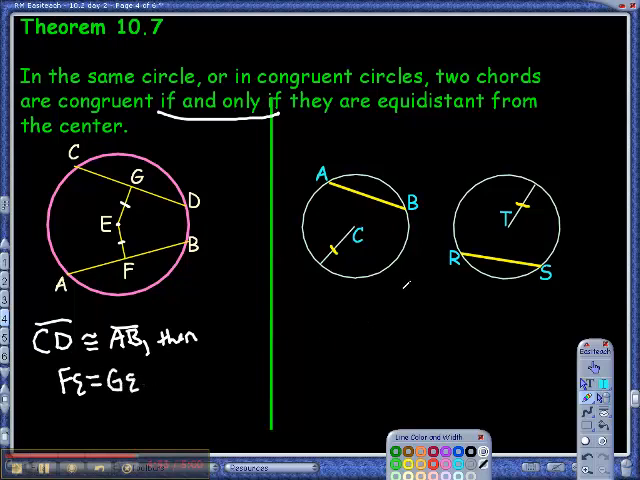Same thing would be true if I wanted to talk about congruent circles. Again, if these chords are congruent, then the distance to the center will